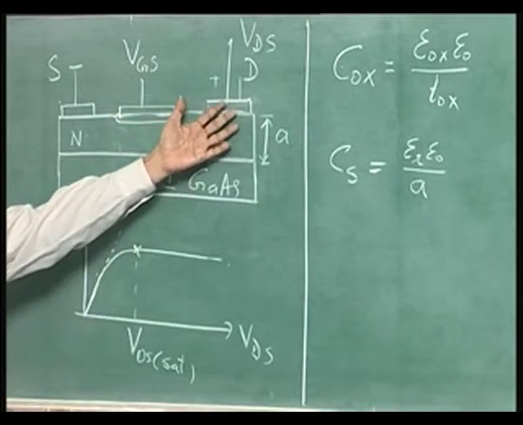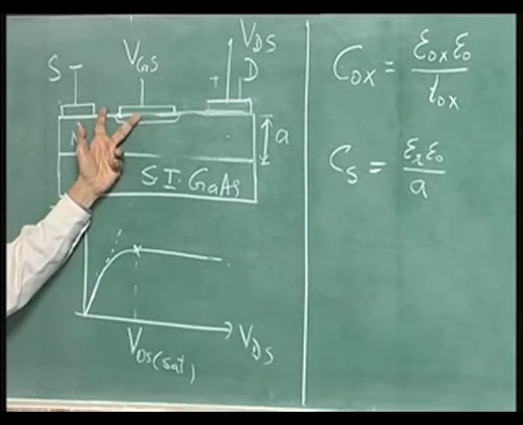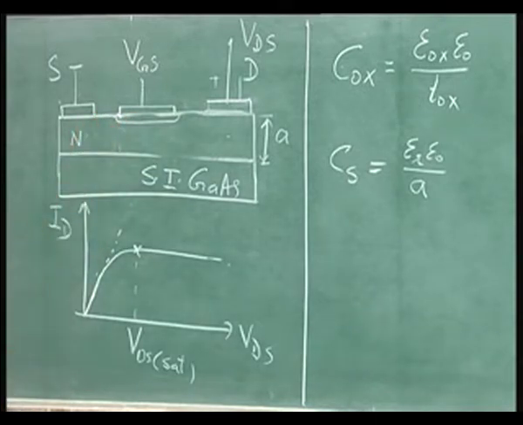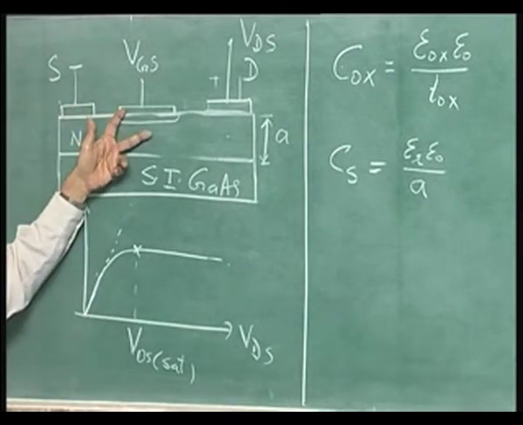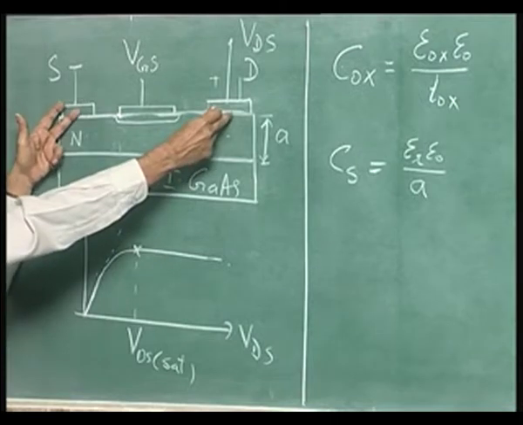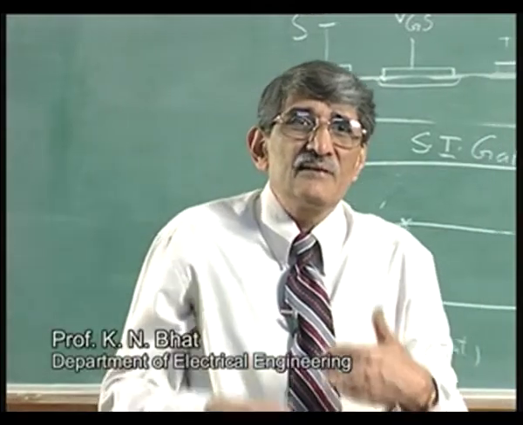Let us not talk of VDS; without applying VDS, apply VGS. If I do not apply any VGS, just VBI itself is there. If I apply voltage between the drain and the source, you have a current flow. That is, with the input voltage equal to 0, you have current because of VDS, drain to source voltage. So, the device is on